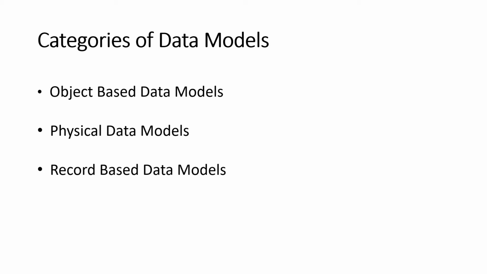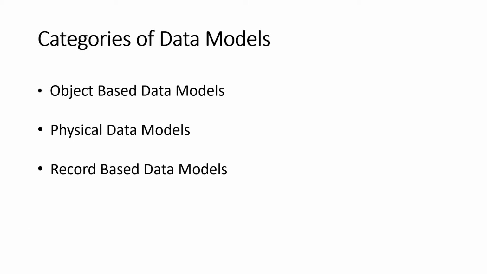The last one is record-based data models. Record-based data models are used to specify the overall logical structure of the database. Apart from that, these data models are based on application and user levels of data. When the database is organized in some fixed format of records of several types, then this is known as a record-based data model. It has a fixed number of fields or column headings or attributes in each record type, and each field is of fixed length.